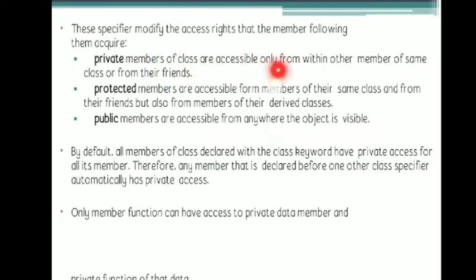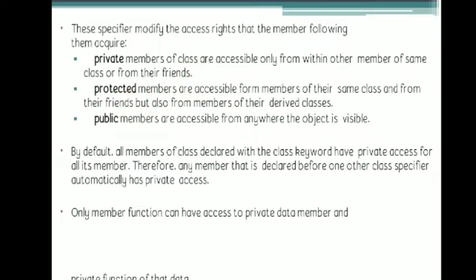Private members cannot be directly accessed, and we can access these private members only through the members of the same class, and also through a friend function. This friend function we will see in the inheritance concept. Private members can be accessed by all the other members of the class as well as the friend function.